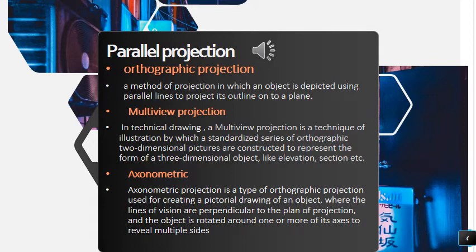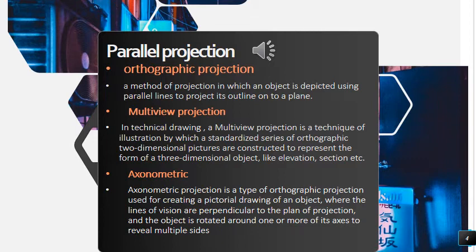When we talk about multi-view projection, we have to think of it in technical drawing. A multi-view projection is a technique of illustration by which a standardized series of orthographic two-dimensional pictures is constructed to